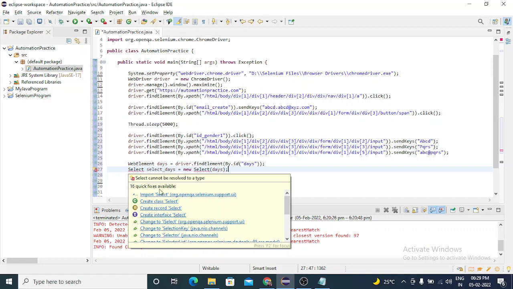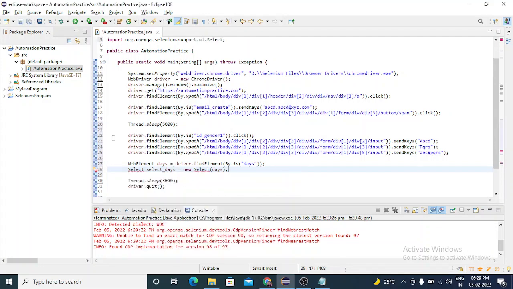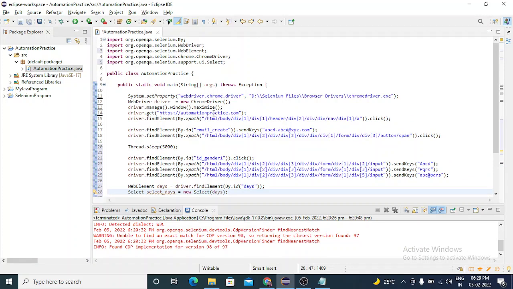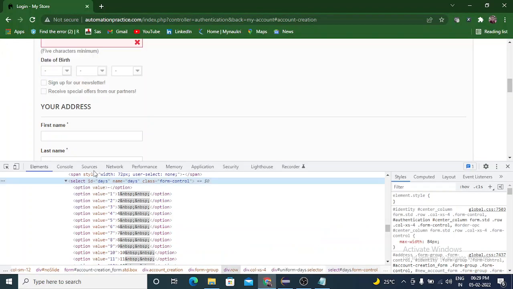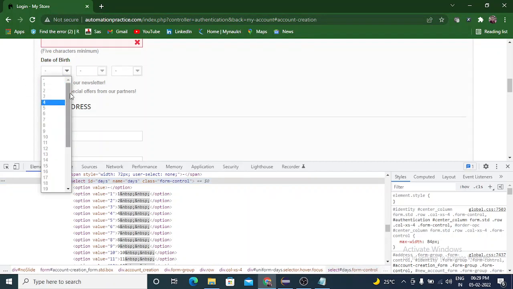Again, we need to import Select from org.openqa.selenium.support.ui. So we imported Selenium. Now we need to select one value. We have found this element, we come to this path and we need to select.